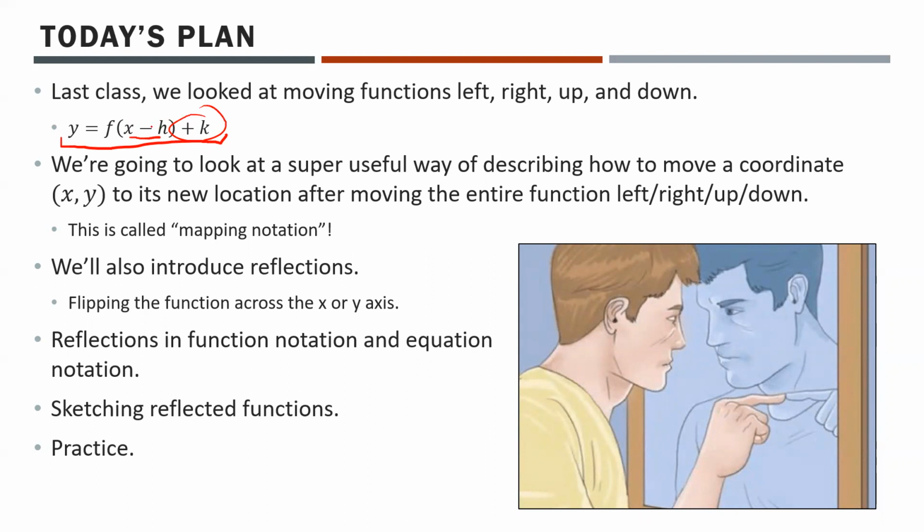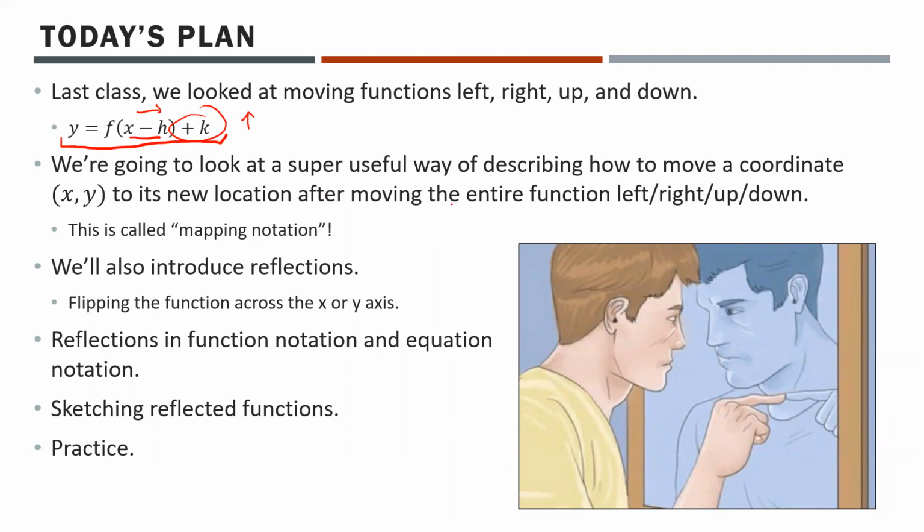Now, the whole purpose of h is if you see x minus something, so if it was like x minus 4 on the inside of the function, you'd be moving that object to the right. Whereas the purpose of the k value, if you have, let's say, plus 5, that would be moving it up. So horizontal translations occur inside the function, whereas vertical up and down transformations occur outside the function. We'll get some more review of that today, but before we get there, we're going to start by looking at